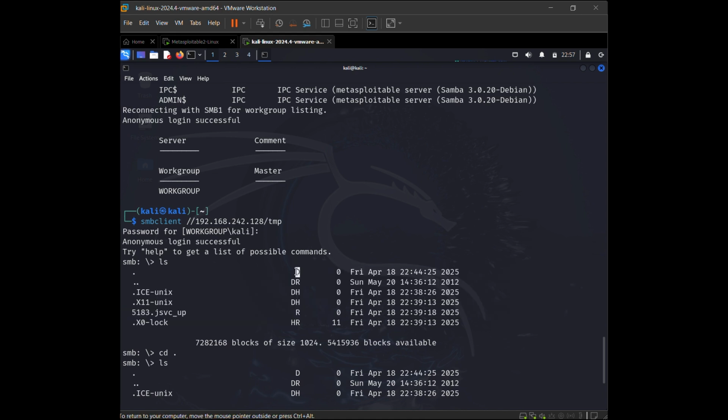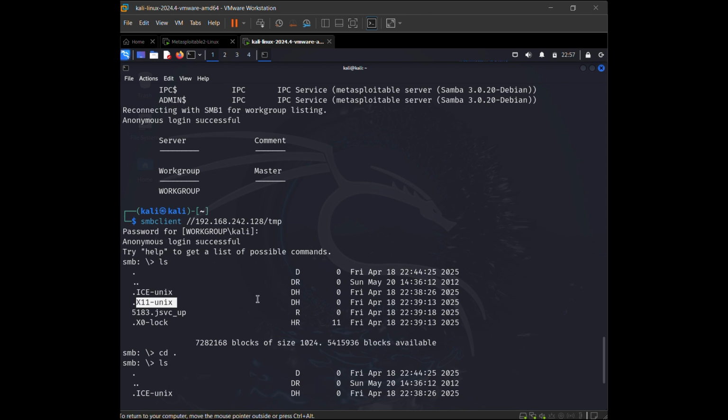D here means directory, R means read-only file, and H means hidden file. So it has shown us that the current directory is just a directory, and these two dots are a read-only directory, or you can say the parent directory. And this ISE Unix is a hidden directory. This X11 Unix is also a hidden directory.